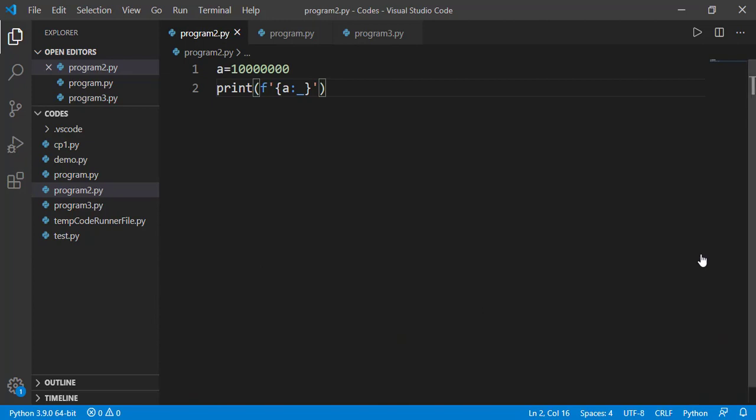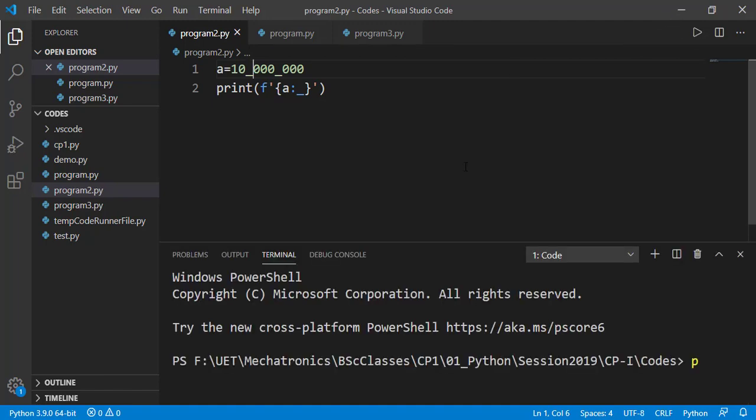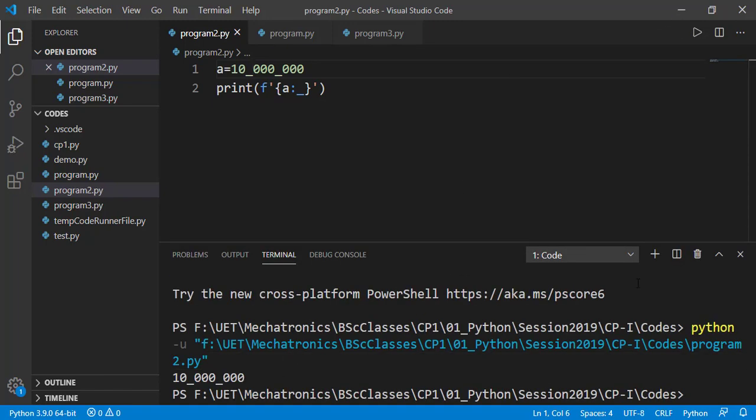The comma or the underscore separator improved the readability of the output, but the value 10 million on line number 1 still has that issue. The large value in program code is still not well readable, so there is a way for that. In any number we can place underscores wherever we want, and those are simply ignored by the interpreter. Now line number 1 and the output both are easily readable.